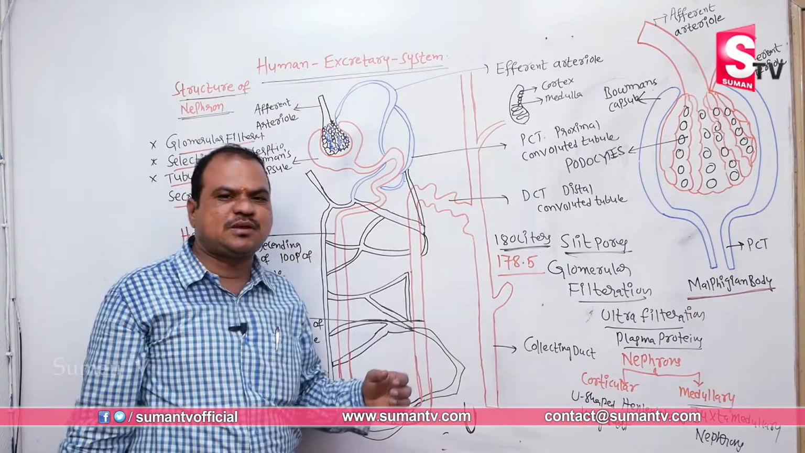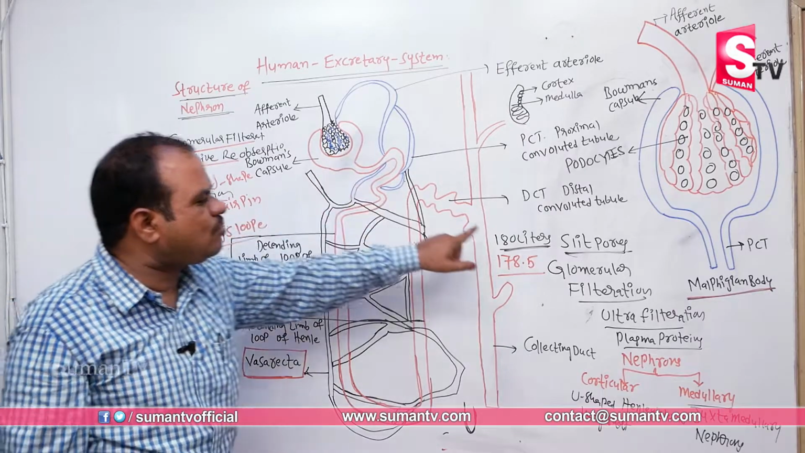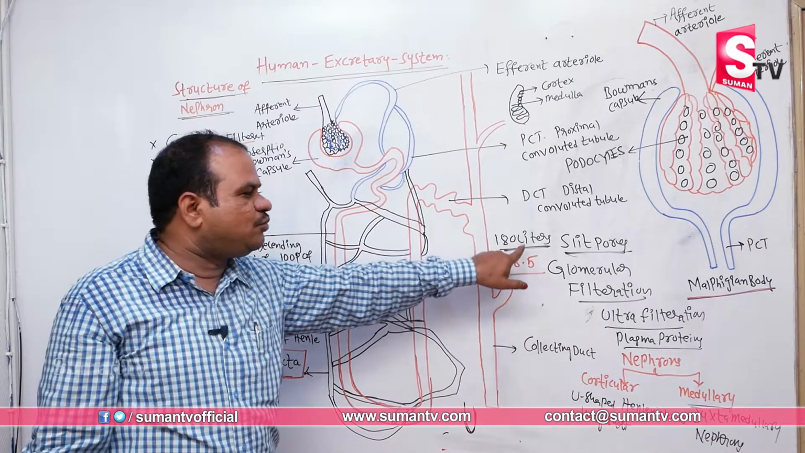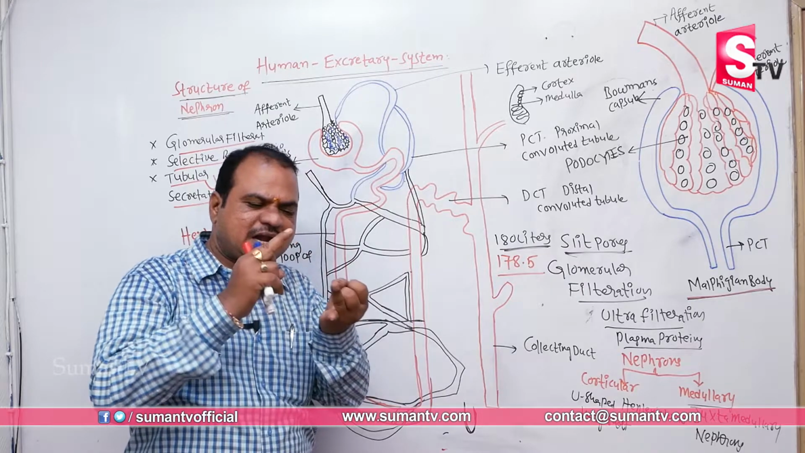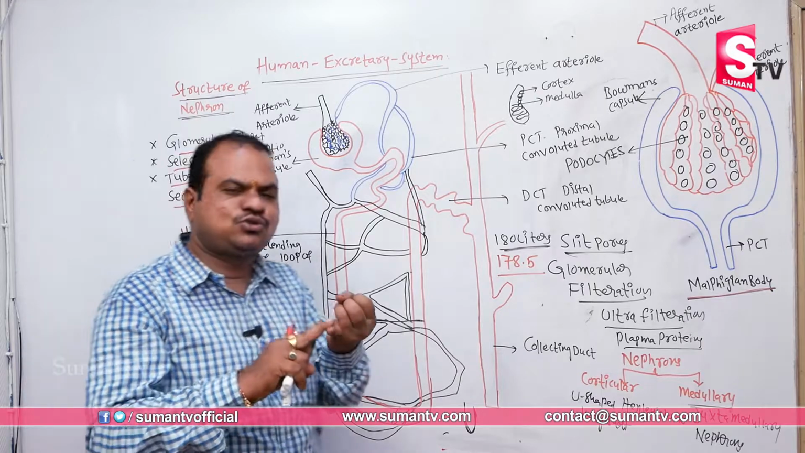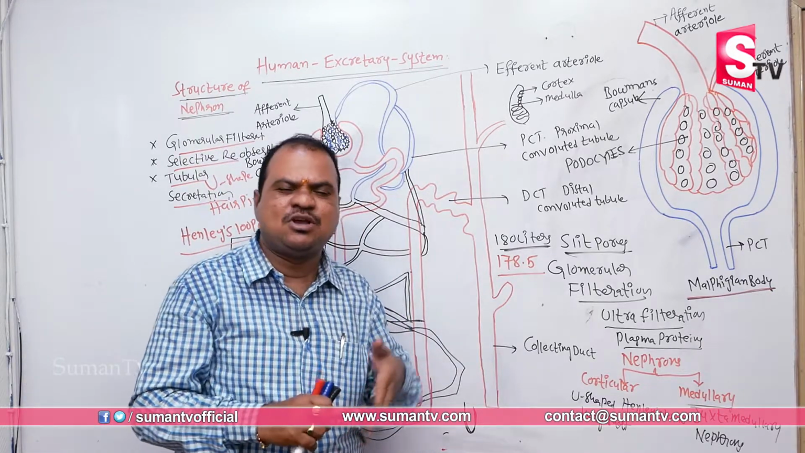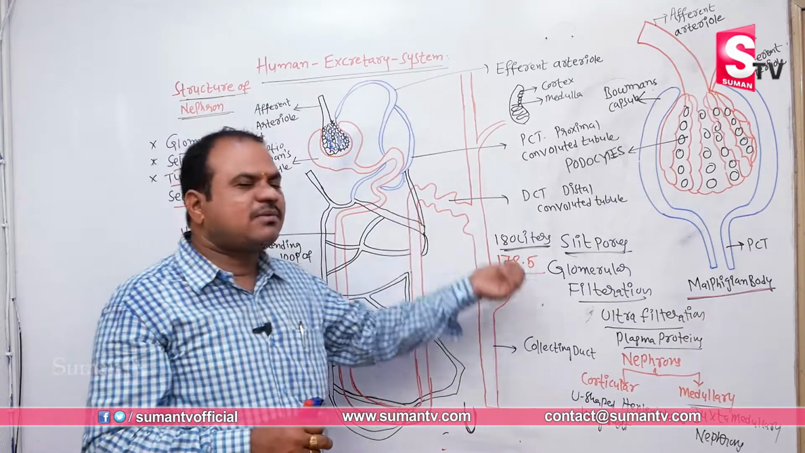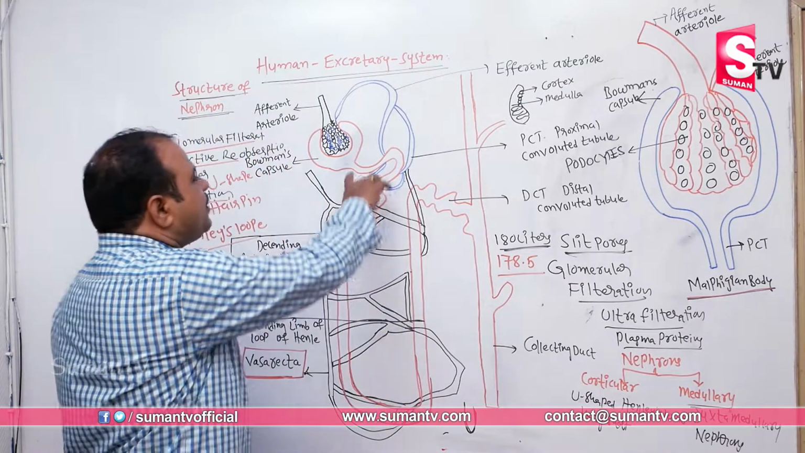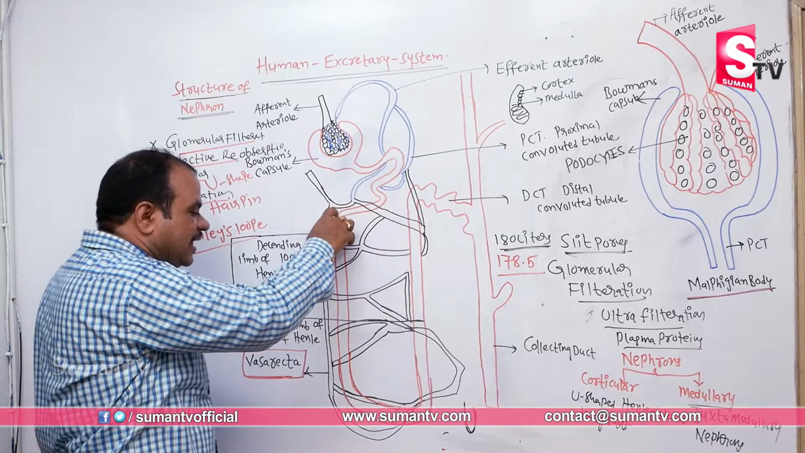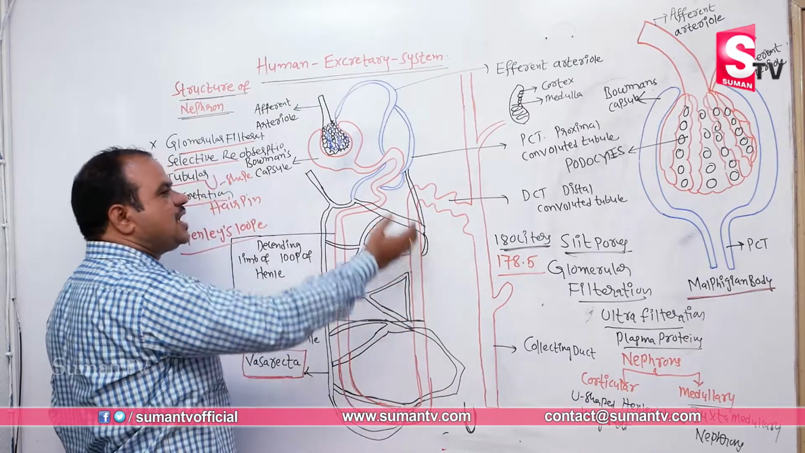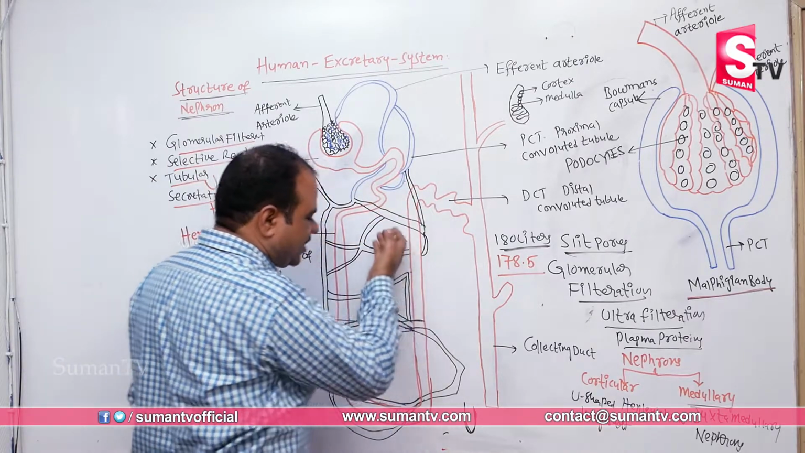But what is the selective reabsorption? After the glomerular filtration, approximately 180 liters of primary urine is formed. That primary urine also contains some useful minerals and elements, for example sodium, potassium, calcium, magnesium, present in this 180 liters of urine. So whenever they pass through the renal tubule, the descending limb, ascending limb, PCT and DCT, as it moves,